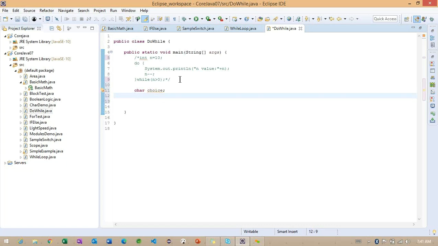And after that, I'm using this particular do. Some message I want to print initially, and later, I'm just giving a choice here.